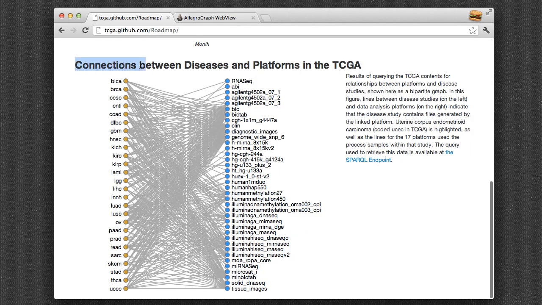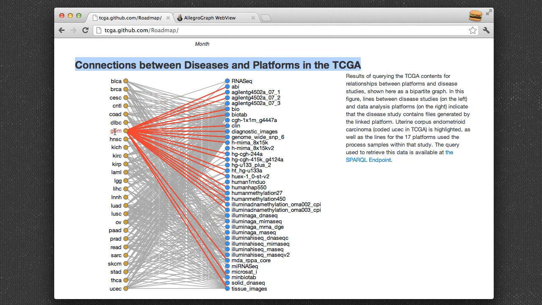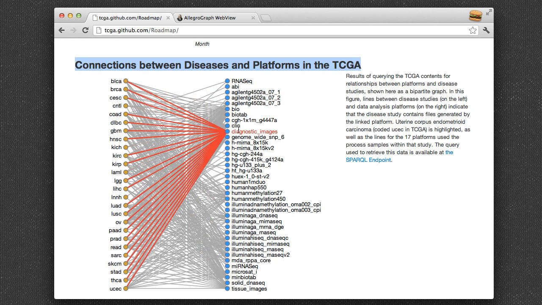We also have below here a visualization of those connections between diseases and platforms in the TCGA. We have the diseases listed here on the left, the platforms listed on the right. When I mouse over a disease, I can see each of the platforms that have data available for that disease. When I mouse over a platform, I can see each of the diseases that have data available for that